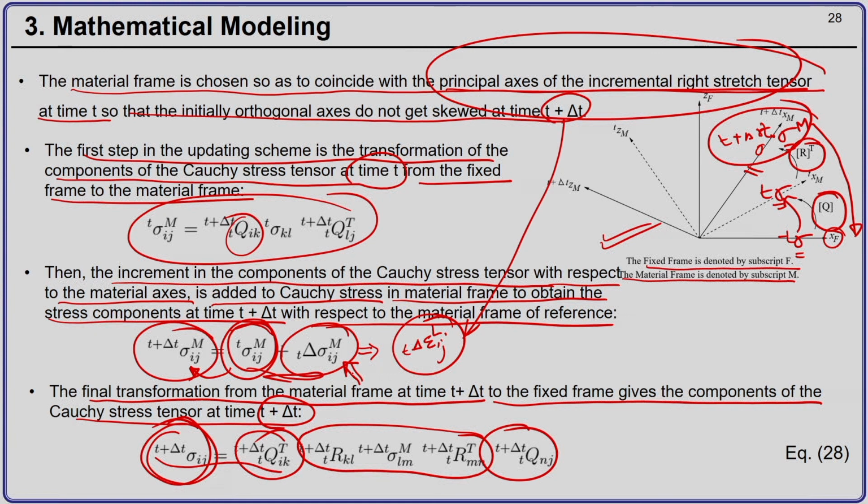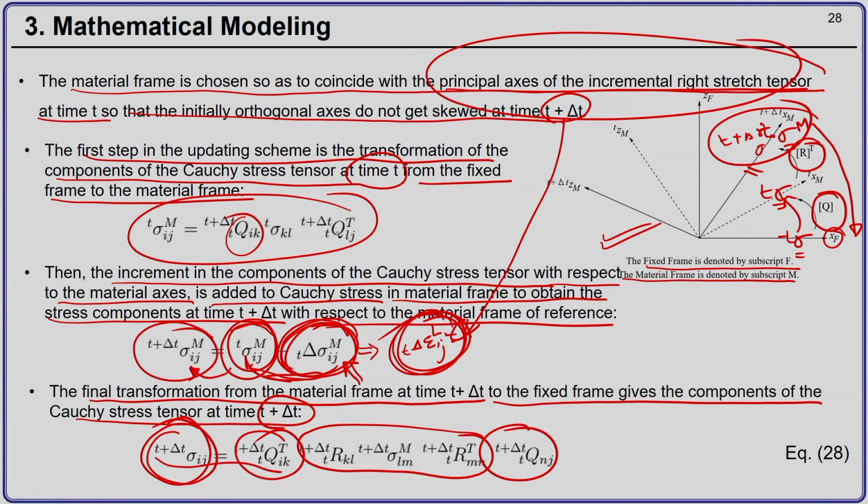not being made objective by removing certain components. We are directly using an objective form, the incremental logarithmic strain, which is there in the rotated frame itself. So, the rotation has already been taken into account. We just multiply this by the material constitutive tensor to get this, and then add to the stress in the rotated frame to get the new value.